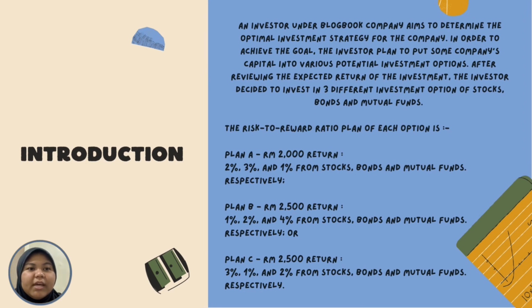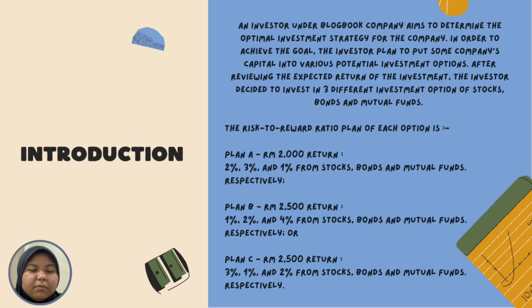So now, we will get into detail on the case study, which is an investor under Blockbook Company aims to determine the optimal investment strategy for the company. In order to achieve the goal, the investor planned to put some company's capital into various potential investment options. After reviewing the expected return of the investment, the investor decided to invest in three different investment options of stocks, bonds, and mutual funds. The risk-to-reward ratio plan of each option is firstly Plan A, which is 2,000 return, 2%,